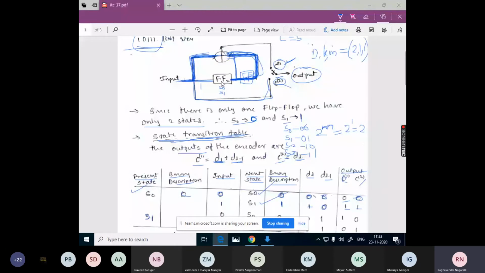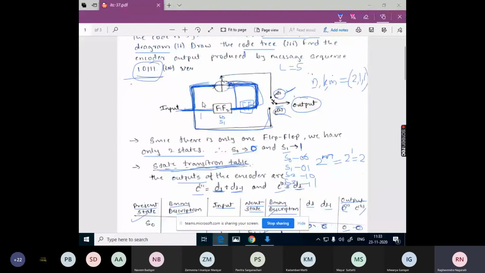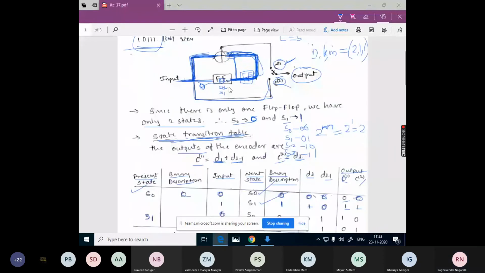So if 0 is the input, if we get 0 as an input bit, this 1 bit will exit this flip-flop and 0 will enter into this flip-flop. So what will be the new state of this flip-flop? S0. Right? So S0 is the new state.